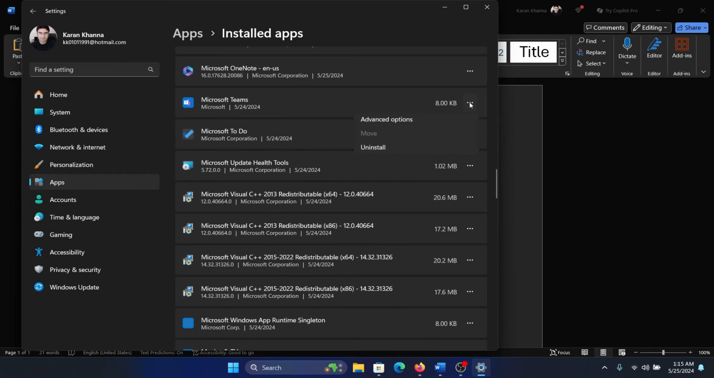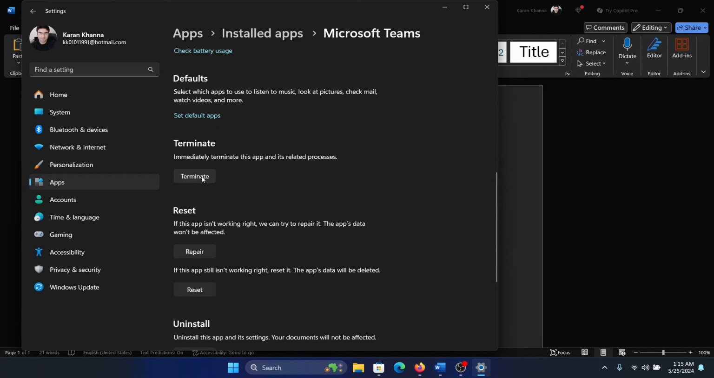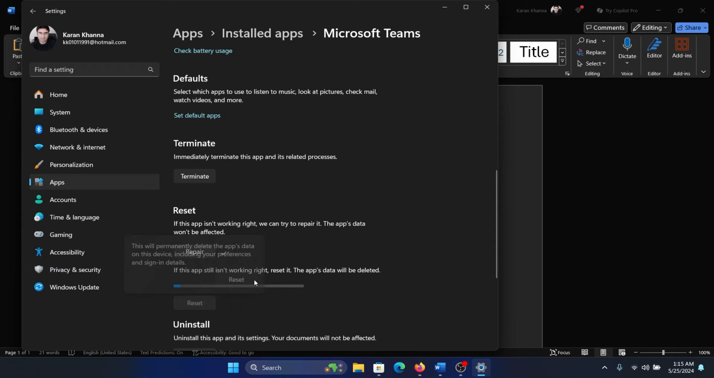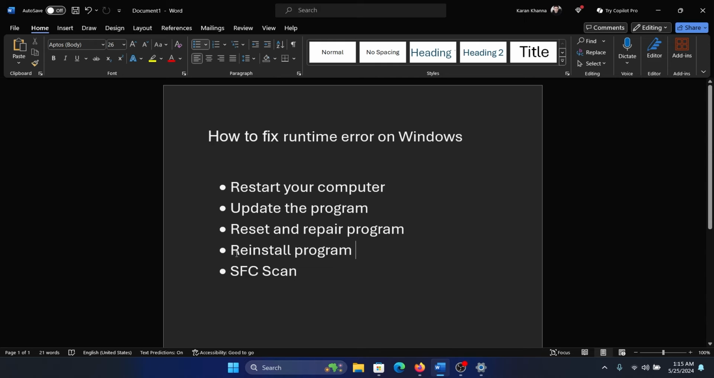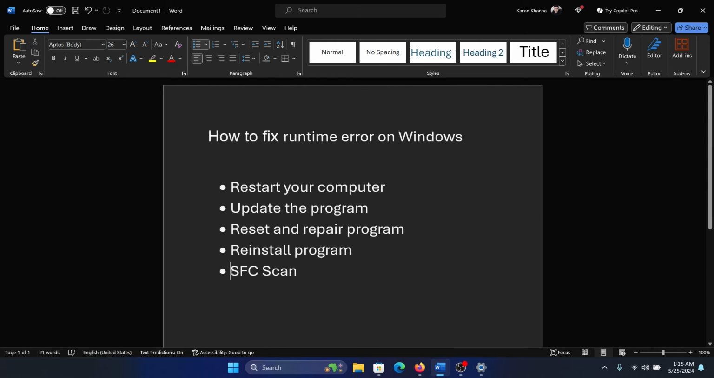Let's say it's Microsoft Teams. Click on advanced options, scroll down, terminate the process, click on repair, then click on reset and then on reset once again. Then the next solution is obviously to reinstall the program, but before that we can try an SFC